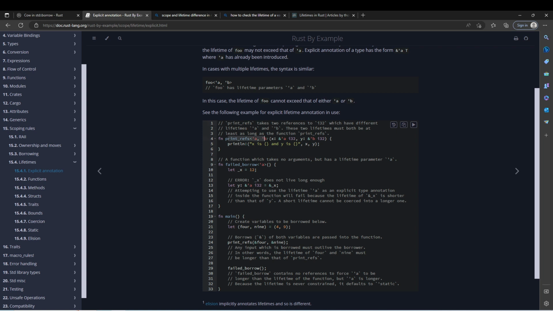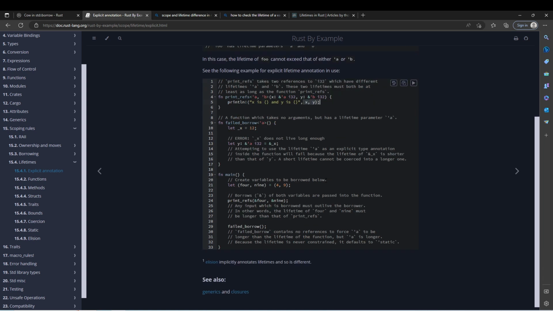So in this example, we are giving two lifetimes. First parameter having tick A as a lifetime. Second reference has the tick B as lifetime. And we're not returning anything here. Function which takes no arguments but has a lifetime parameter. So we are stating this function has a lifetime tick A,